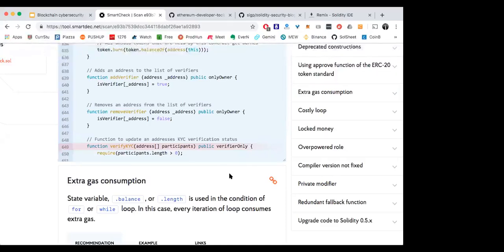So the tools to look for bugs in normal Python apps or JavaScript apps are a lot better than the tools for blockchain apps. That creates a bit of an opportunity for blockchain cybersecurity experts, because the tools aren't as good, so there's more opportunity for hands-on work.